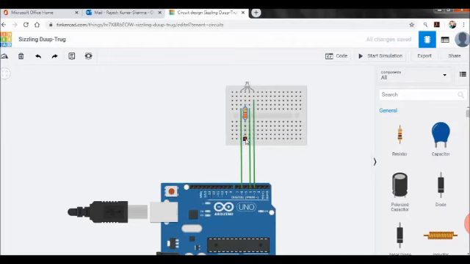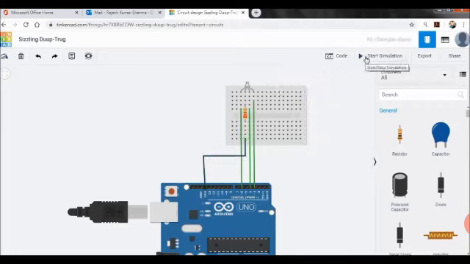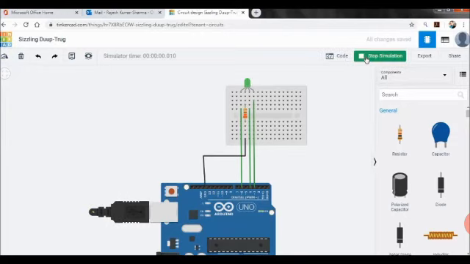Now on the same vertical line, anywhere we can connect the wire, and this should go to ground. In the previous case also the same line was going to the ground, but it was going directly from the RGB. Now it should go with the resistance, and again you can change the color, make it black, so that you can identify this is your ground wire, and I can see the working. So I hope you are not able to see the warning now. You can see the colors are changing at an interval of 2 seconds.